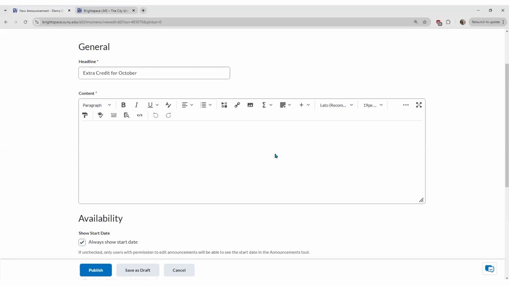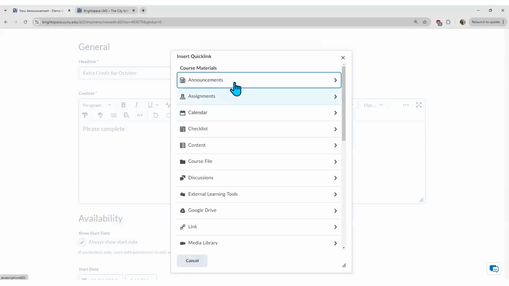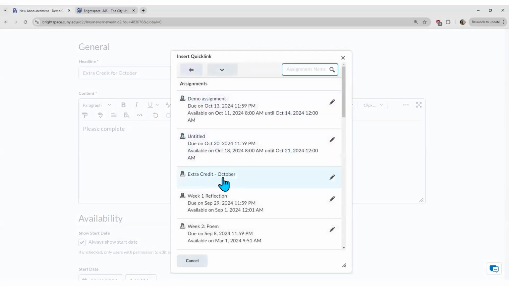So let's say this announcement is for extra credit. So what I want to do is let my students know that there's an extra credit opportunity. And I want to link to the extra credit assignment. So I'm going to use my Insert Quick Link button, which allows me, if we remember correctly, to link to any of the existing items within my course. So I can link to an assignment,